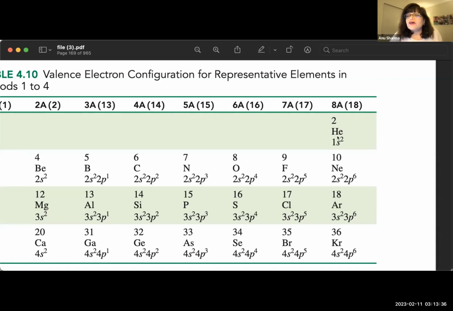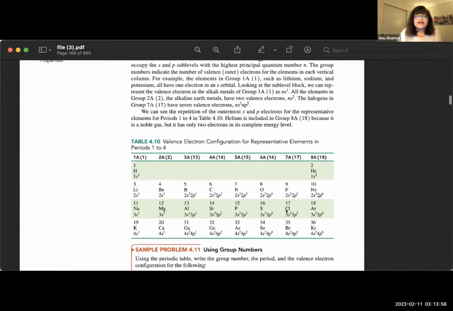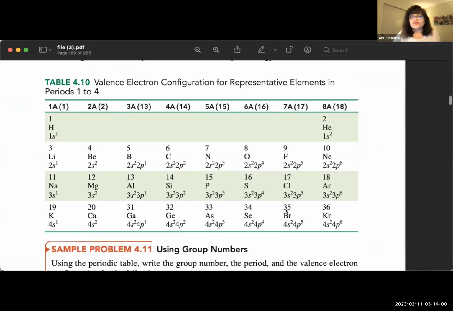Now the group number does correspond to the valence electrons, but the max for us is 8, except for helium. Helium is small, so it's 1s2. But look at neon, argon, and krypton. 2 plus 6 is 8. Whatever the energy level is, you will have that. So you get an idea now of the valence electrons and the